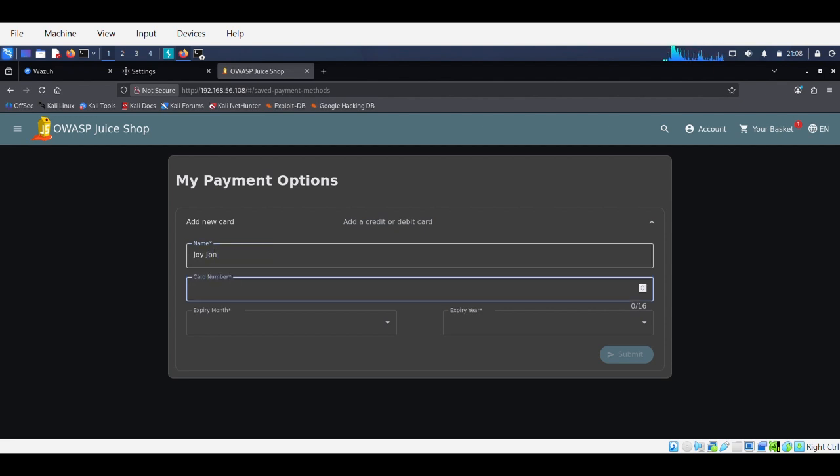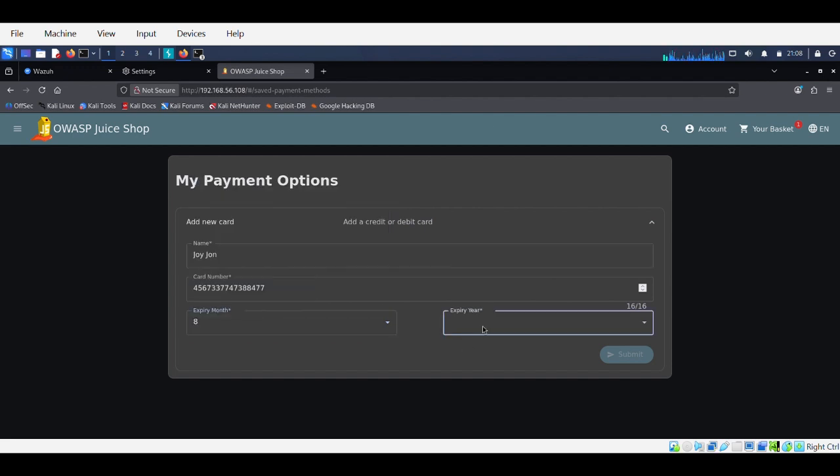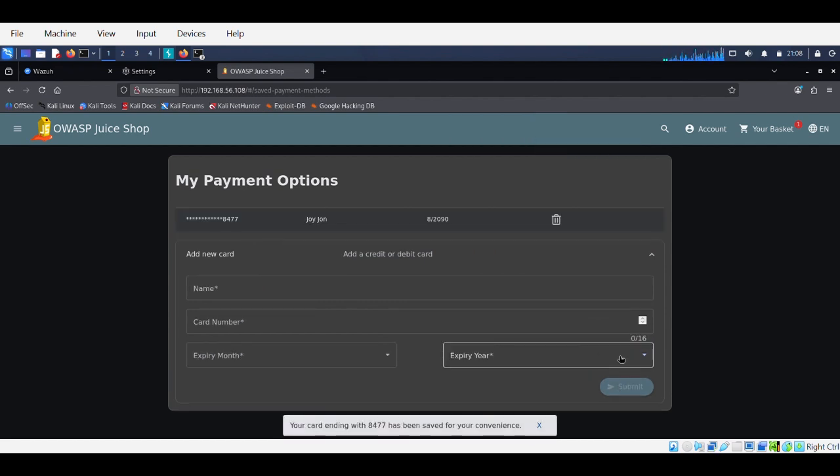Let's give it a Visa card. As you know, we have 16 digits for a card number. Let's give a month for expiration and a year of expiration. So let's add this card, and as you can see, the card has been added to